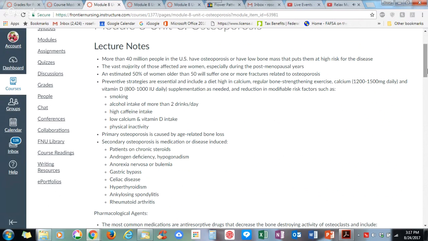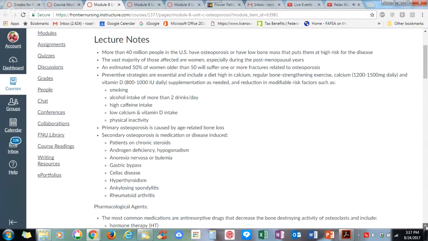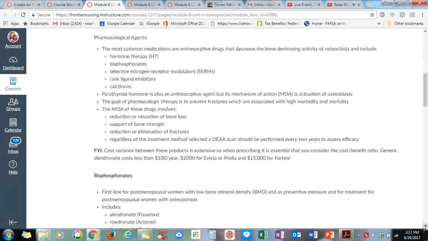Primary osteoporosis is caused by age-related bone loss. Secondary osteoporosis is medication or disease-induced. Patients on chronic steroids, androgen deficiency, hypogonadism, anorexia or bulimia, gastric bypass, celiac disease, hyperthyroidism, ankylosing spondylitis, rheumatoid arthritis. Pharmacological agents. The most common medications are anti-resorptive drugs that decrease the bone-destroying activity of osteoclasts